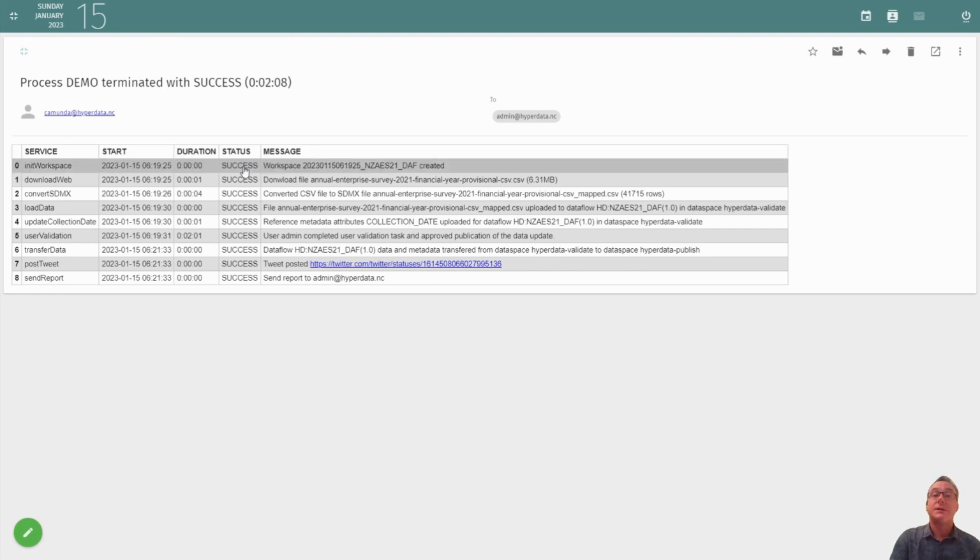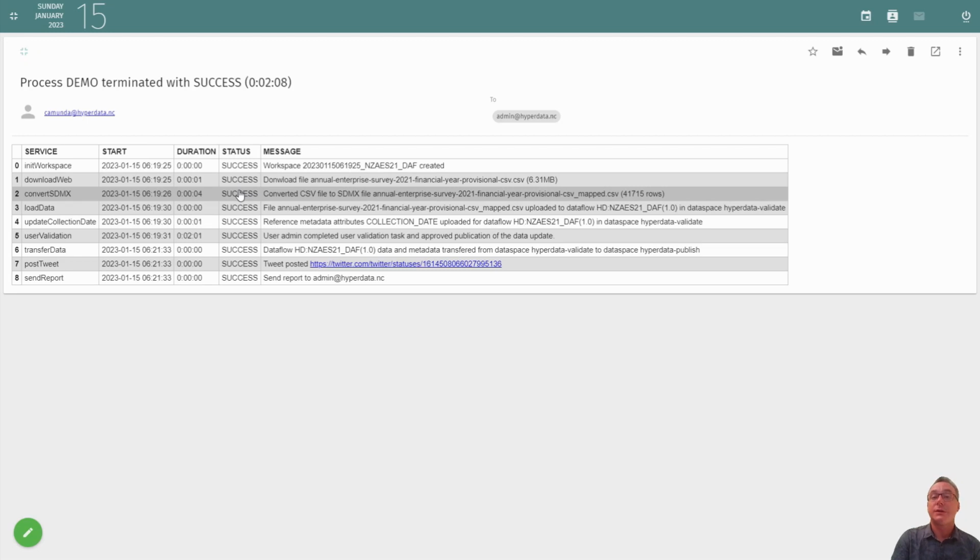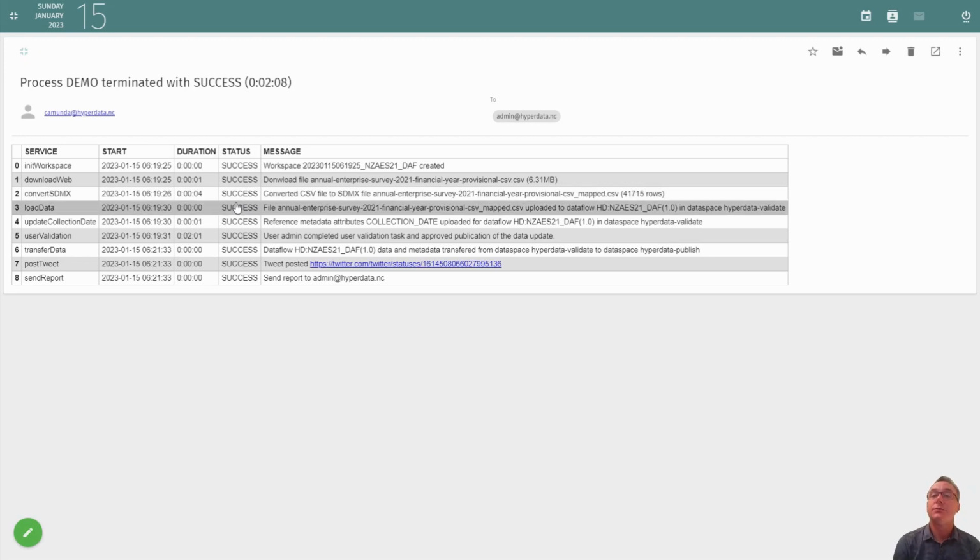Here we see the process workspace has been successfully created. A CSV file of 6.3 megabytes has been downloaded from StatsNZ. A little more than 40,000 rows have been converted to the target SDMX structure. SDMX data has been loaded to .stat validation data space.